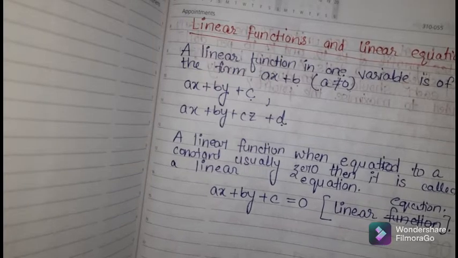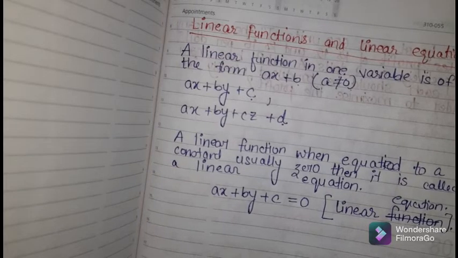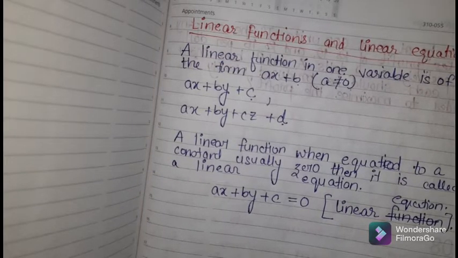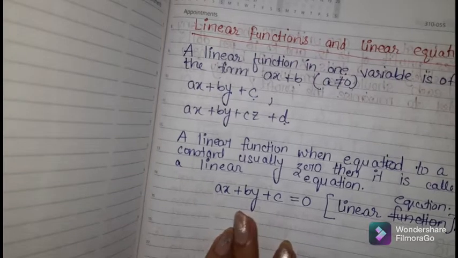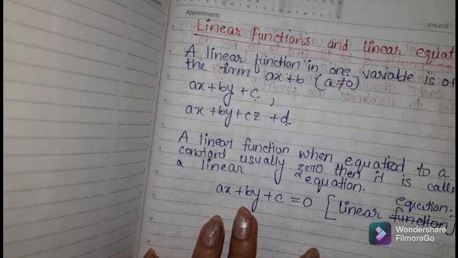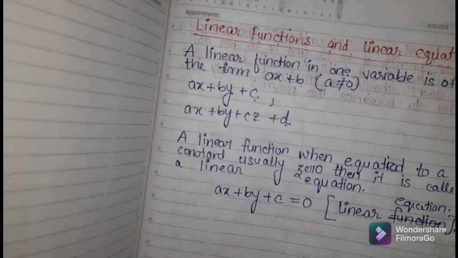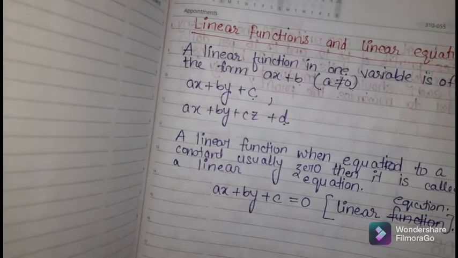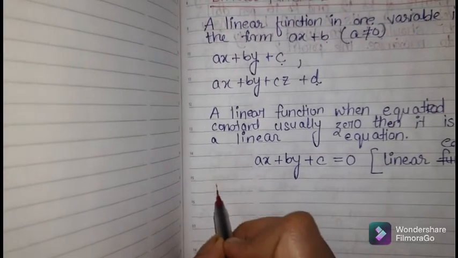Next, this type of equation generally represents a straight line. For the graphical representation of such an equation, we always get a straight line. So there are some specific equations for which we get straight lines. Those are, so the very first one is,